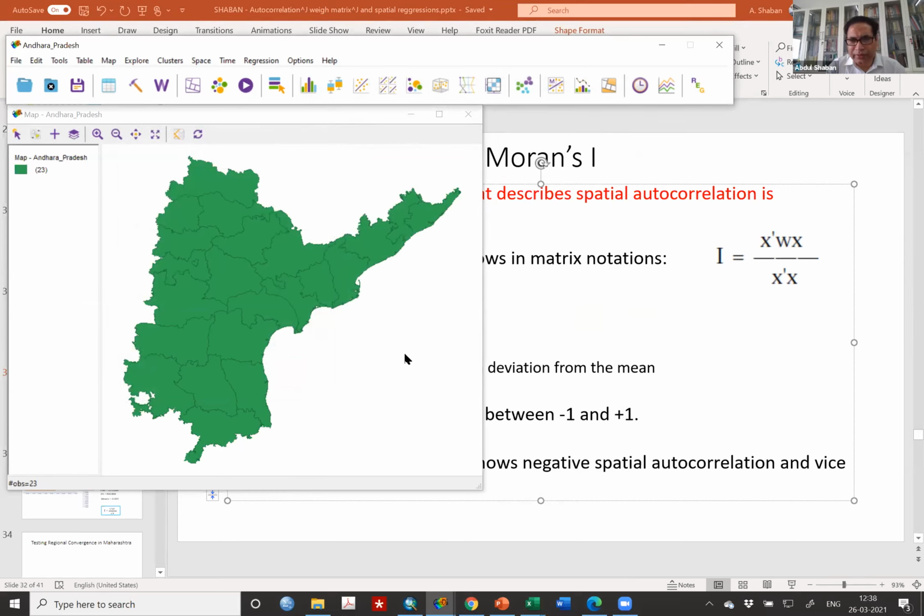All of you have done up to this? Yes, sir. Keep your directory also open, side by side, where your files are located. Just look at whether it is saved and keep that open, because I will ask you to open the GAL file. Yes, sir.